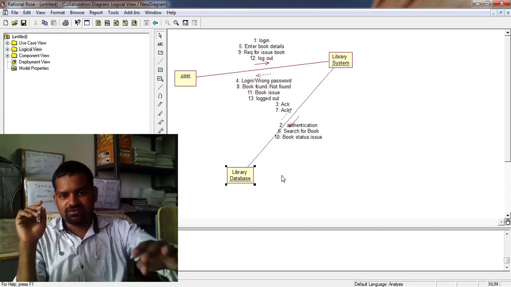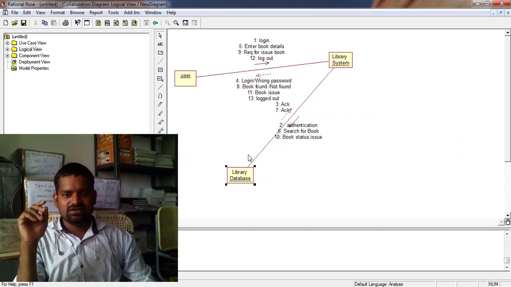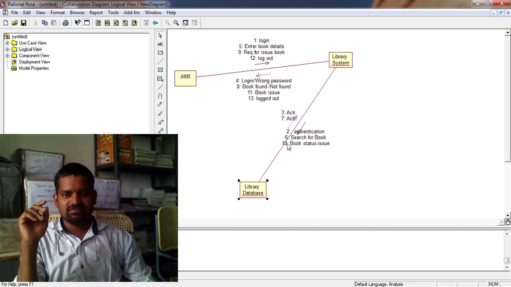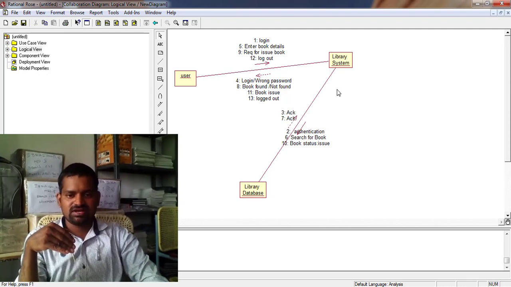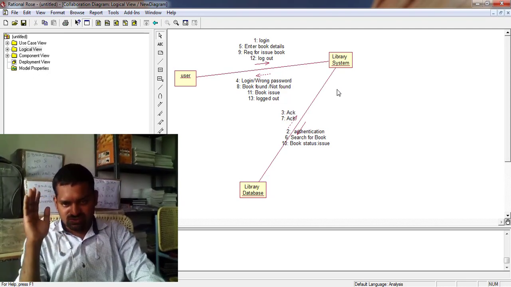Okay, press F5 from the keyboard. So check that 3 is an acknowledgement and 7 is an acknowledgement.